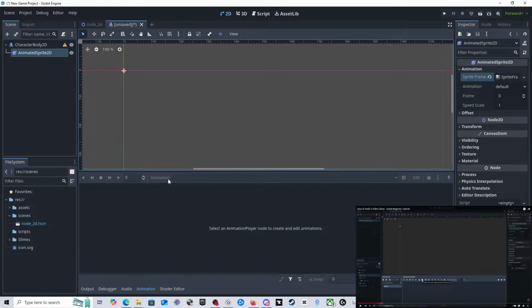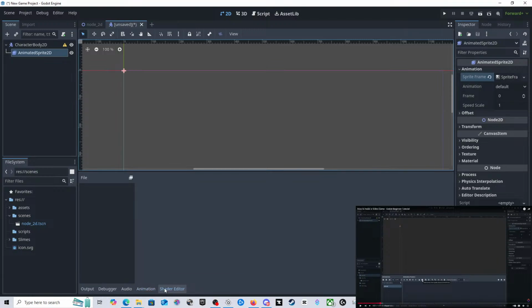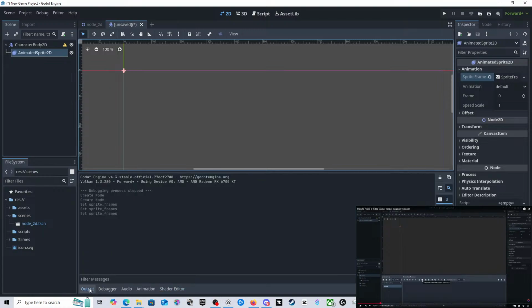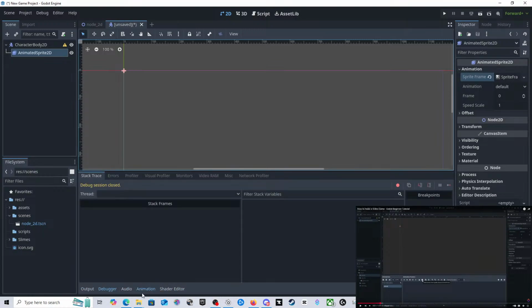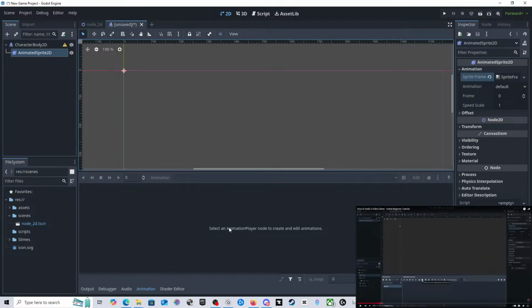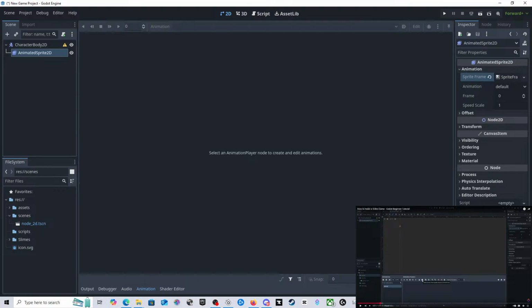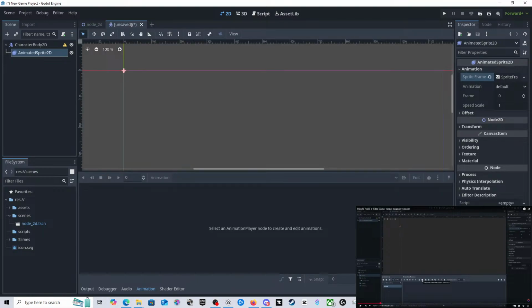Animation frames, animation, shader editor, output, audio, animations. So I don't have that window. So why don't I have that window? Or do we have some docks missing or something? I don't know. He's got animations and then default. I don't have any of that.